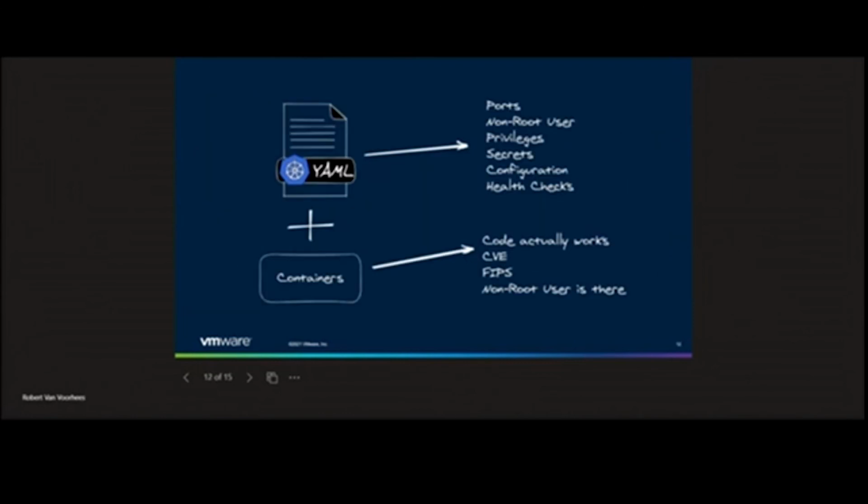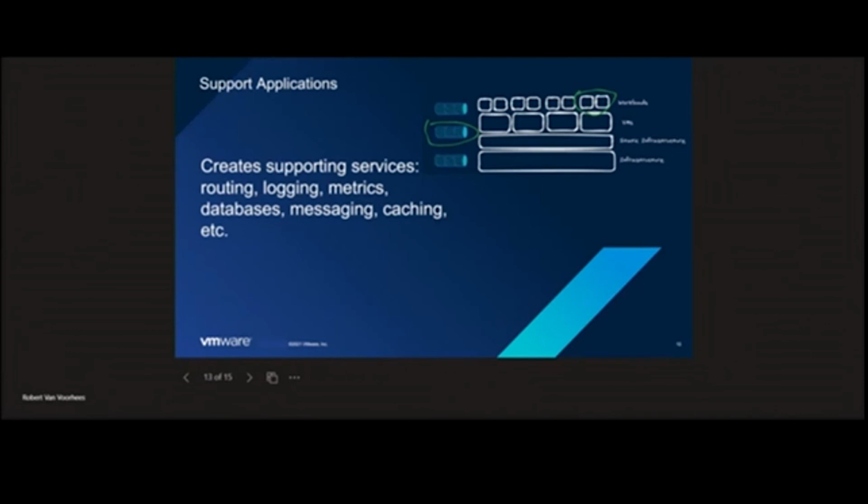And by having that idea of here's where ports are defined in my service, here's where I'm making sure that I'm a non-root user, here's where I have the necessary privileges, the source secrets, and agreeing upon what all of that looks like, you're able to set a much better way to communicate about what those services will look like when you come into the environment. So now we have that